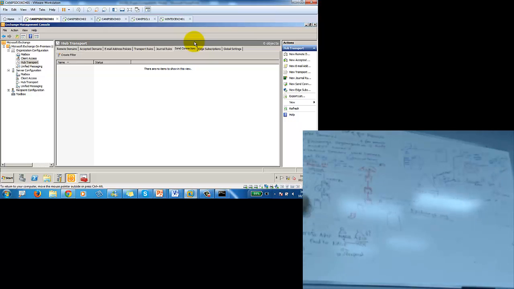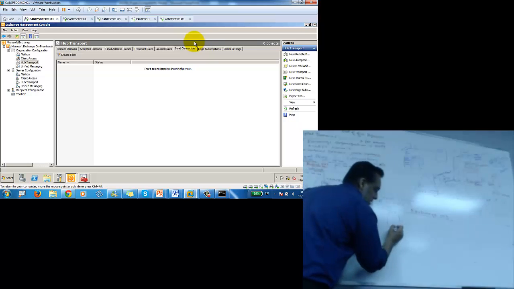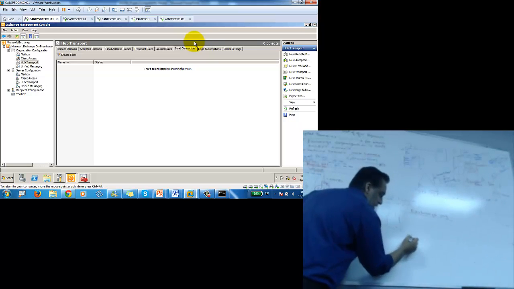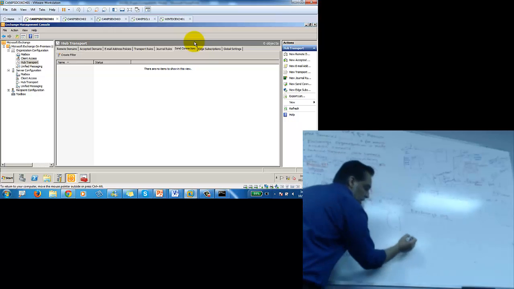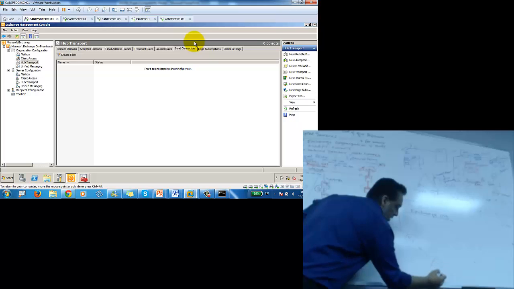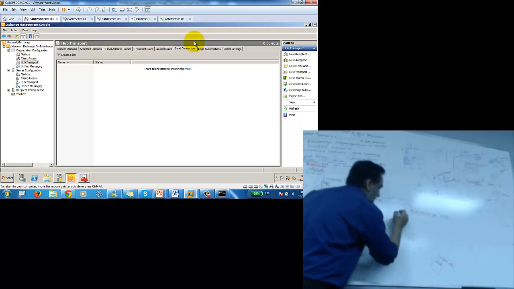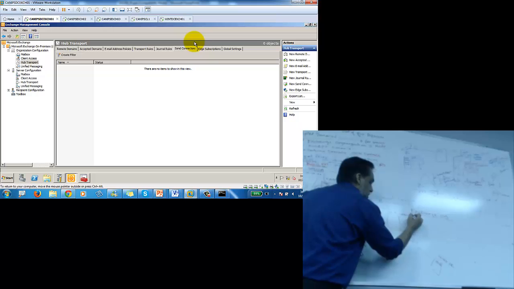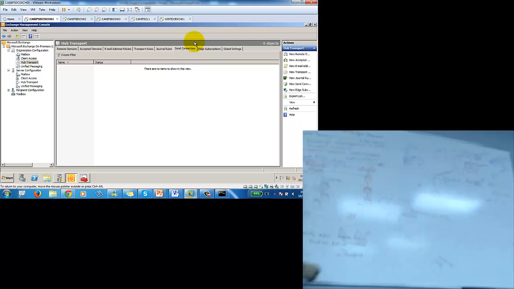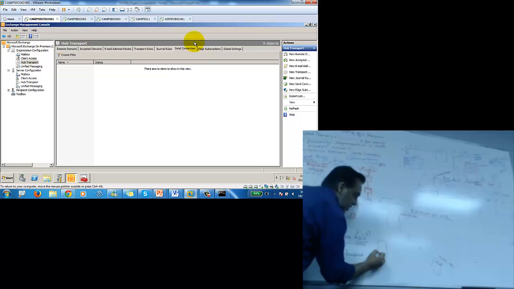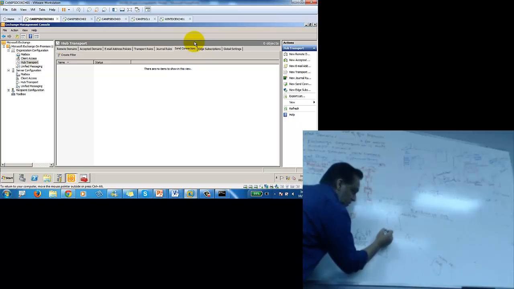On the organizational level, you're just saying that now we have a send connector. So I'm going to say this is a send connector that will be sent to the hub of win.pri. And this was canaps.pri. Now, if you have another hub within your own organization, there is a send connector, but this send connector